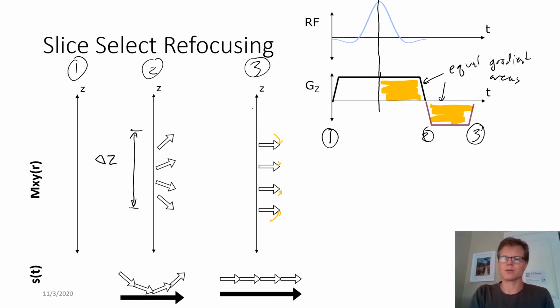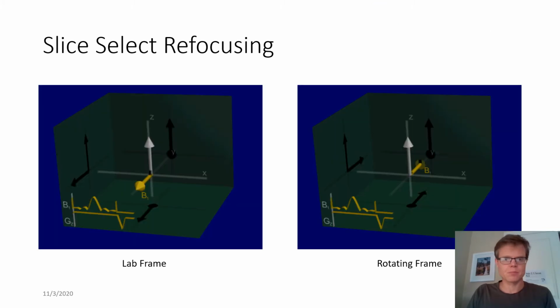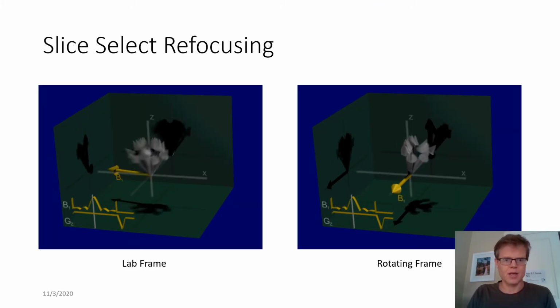Okay, so this is why you'll see this gradient drawn with, again, this half gradient area, but reversed polarity at the end. And if we don't do this, we're going to lose signal. And so these animations here